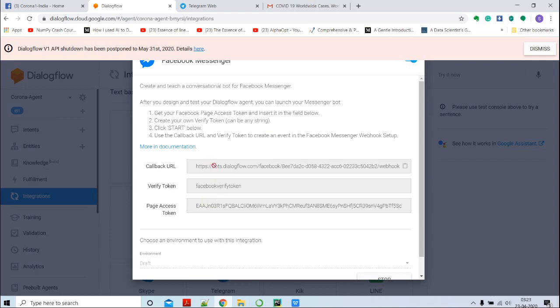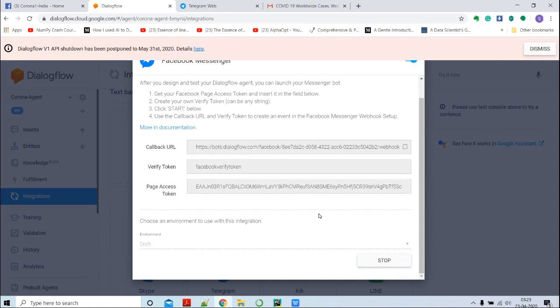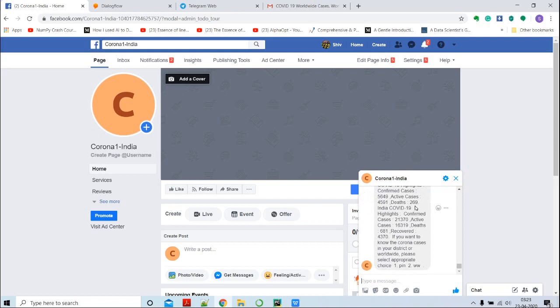The integration is the same as Amazon Lex, and the Facebook integration for Amazon Lex I have already mentioned in my first video. It is the same way, only the values which I get from Facebook I have to paste over here and start the bot, and it will start working for Facebook. So this is the integration I have done for Facebook.